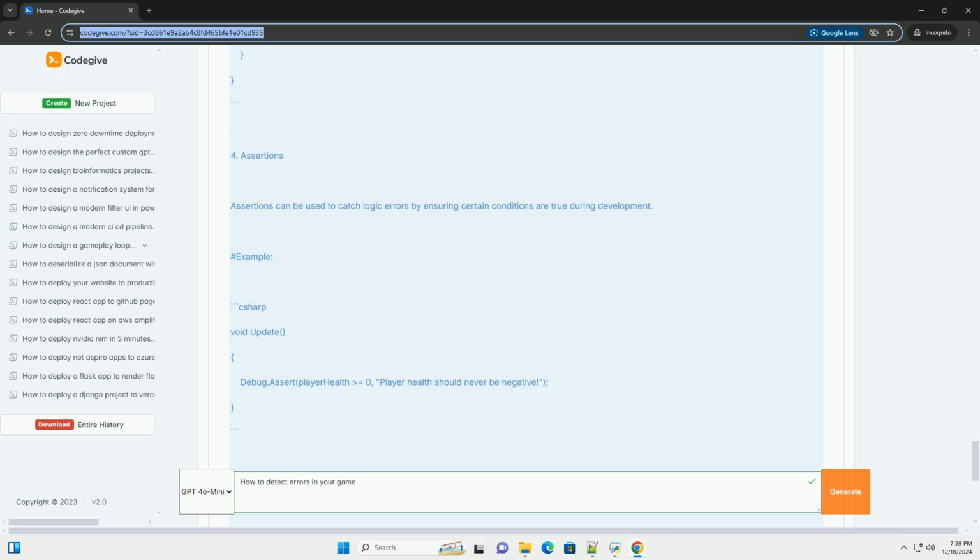2. Using debugging tools. Most game engines, like Unity, provide built-in debugging tools. You can set breakpoints, step through code, and inspect variables. Example, using Debug.Log in Unity C#: void Update() { // example of using Debug.Log for debugging. if (playerHealth <= 0) { Debug.Log('Player is dead'); }